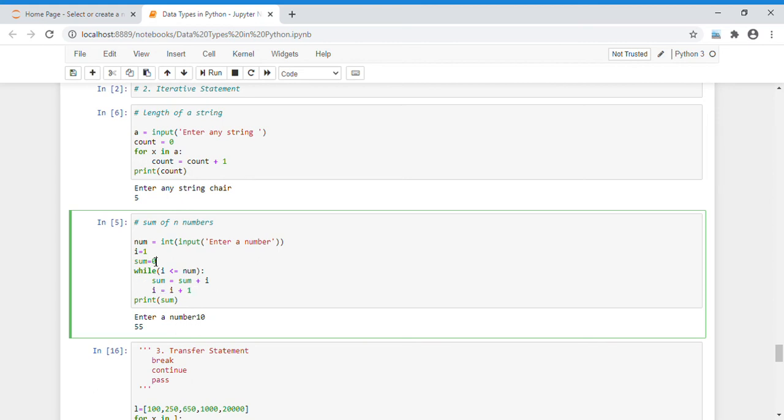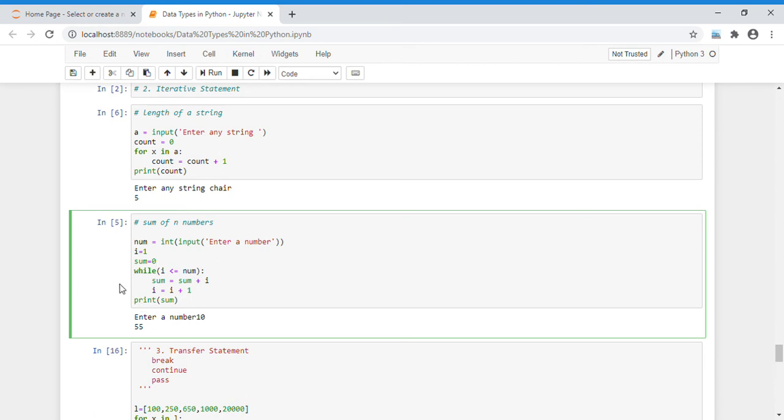Again it goes to the while loop and checks 2 is less than or equal to num. Yes, this condition is true, so it goes to sum. The value of sum is 1 from the last iteration, so sum is equal to 1 plus 2, that is 3. Then the value of i increases again, that is 2 plus 1, 3.